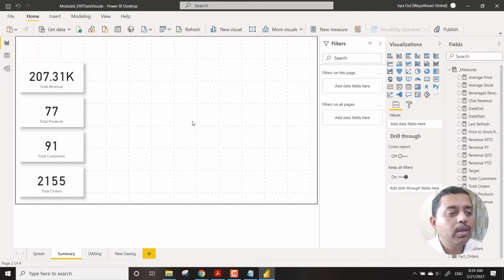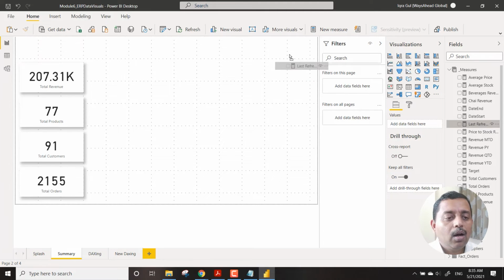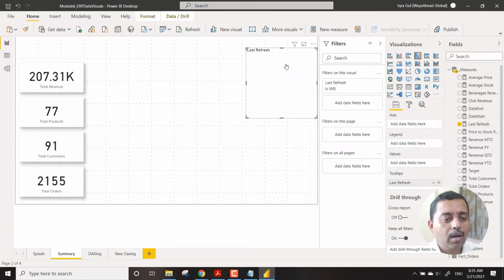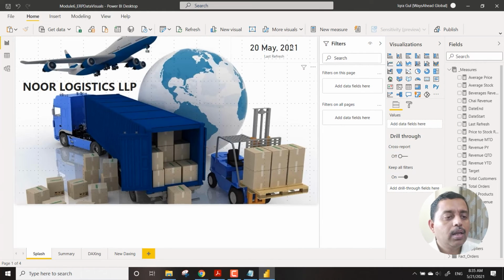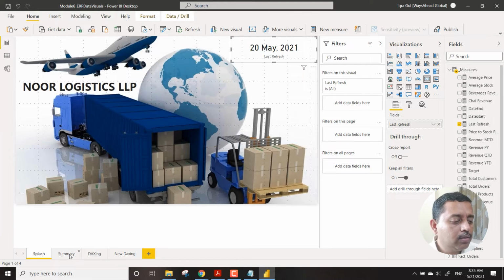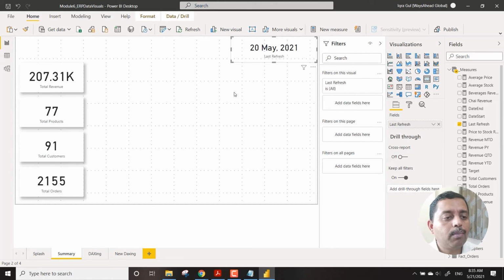So as I told you in the beginning, this is a tool which will give you a feeling of PowerPoint, Excel as well as Access. All these 3 things will be merged in this particular point. So now that we have got the left hand side of it, at the top right corner, definitely, we don't need to bring it again. We already have a splash, and we Control C. So this is how you build the report actually.